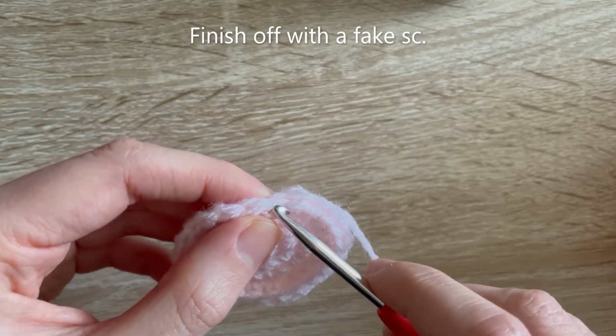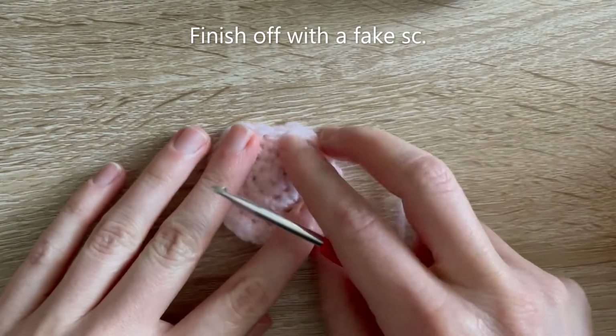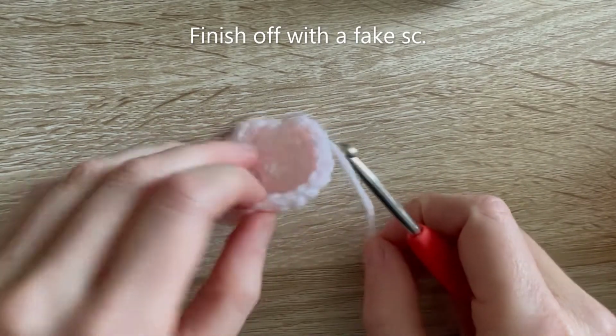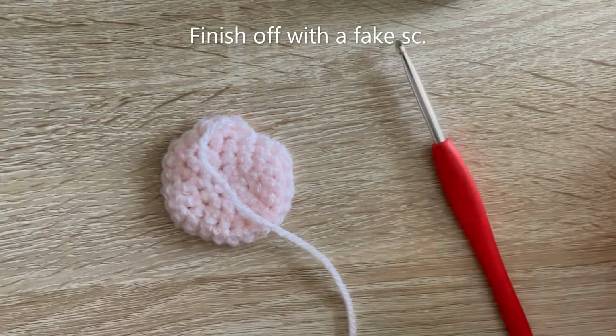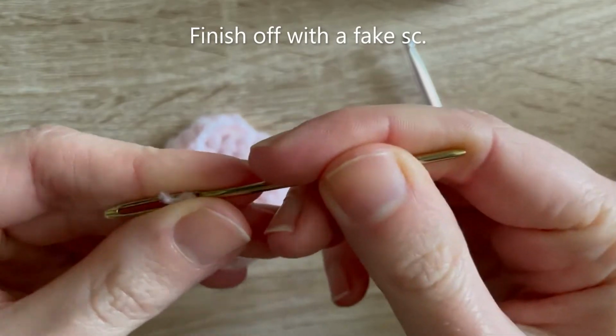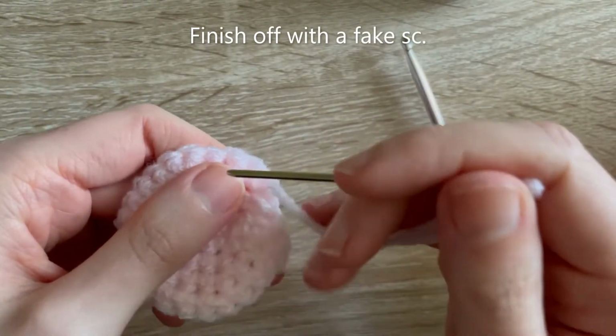So this isn't actually a real single crochet, this is just a fake one that we've just made here, but it kind of makes the circle a bit neater. Obviously you can still kind of see a little bump here, but I just prefer how it looks personally. So now that I've done that, what I would usually do is just thread the yarn through my needle and